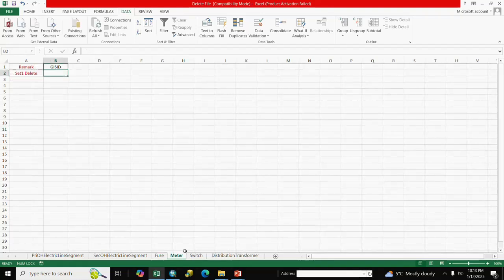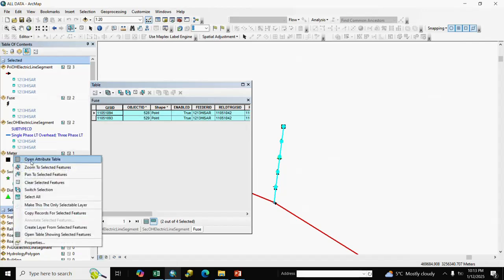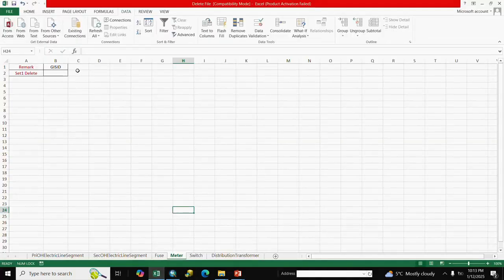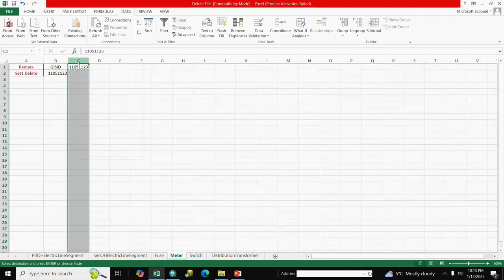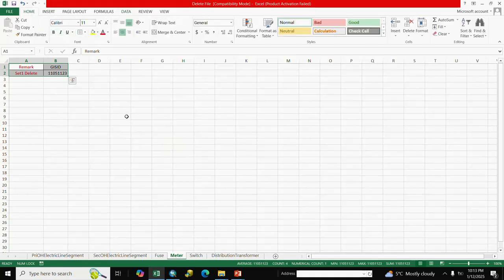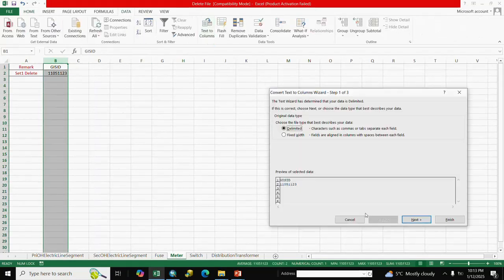Fuse done. Next meter: we go to meter, copy and paste, delete the extra fields and convert to text.